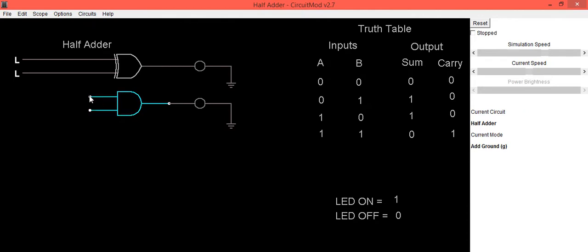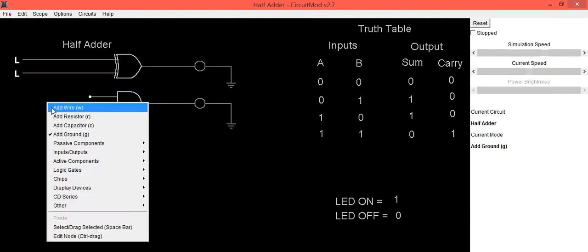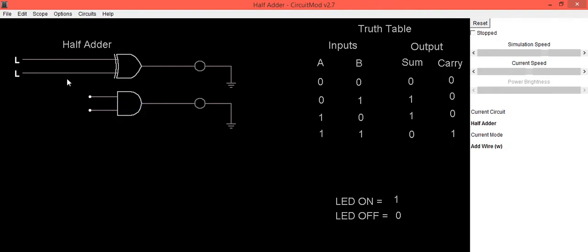Now we need to connect this to our A and B. So right click with the mouse, select add wire, and from this dot select a wired connection for our B input. Dot to dot connections are allowed, so make the connection between two dots.